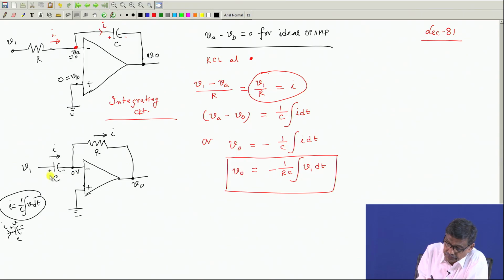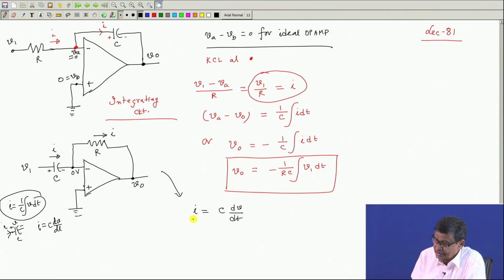Now, here what I will do, this current relationship, you see this I in this problem, I is equal to C dV/dt. So, I will write C dV1/dt, in one stroke I will do. This current is, voltage across the capacitor, I is equal to C dV/dt. That information I use, and I am consistent. This is the direction of the current, this is the potential of this point with respect to this. So, C dV/dt, this is the value of I.